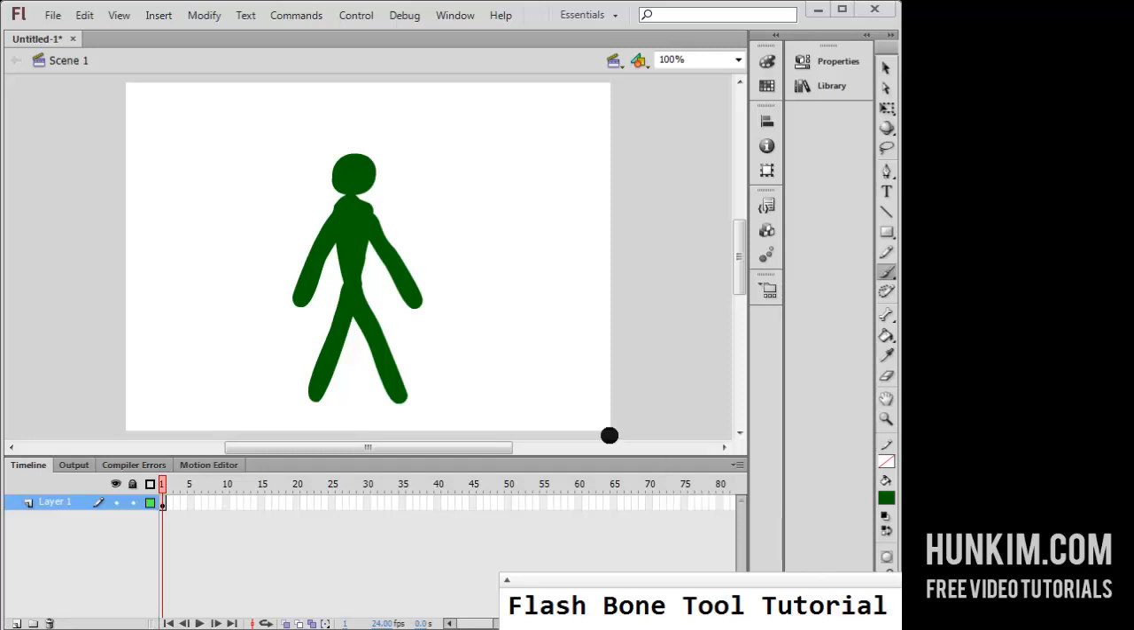Let's practice the Flash Bone tool. Begin by drawing using the paintbrush tool. I'm going to use the fill color green, and we drew a nice person here. I'm going to use this little tool that looks like a bone and click on the head and drag to